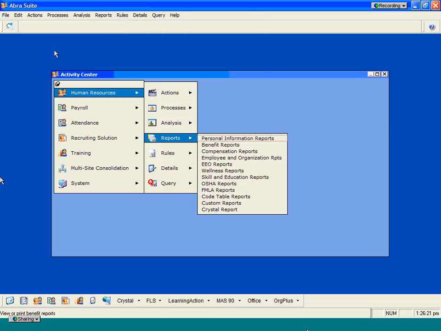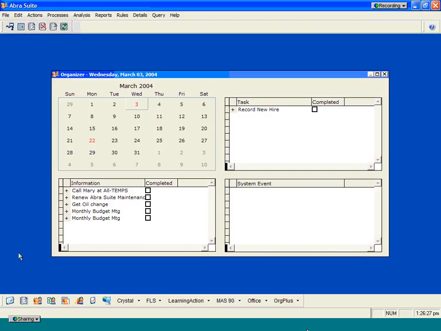Another area that we also have for navigation in the software is an area out here called the Organizer Scheduler. The Organizer Scheduler is a nice tool for navigation in the software if you find that as you use the Abra application that you're performing more task-oriented processes in the system. So for example, if you're constantly in the application hiring people, terminating people, changing people's pay, entering review information, that type of thing, if your work in the system is more task-oriented, the Organizer Scheduler is a great place to